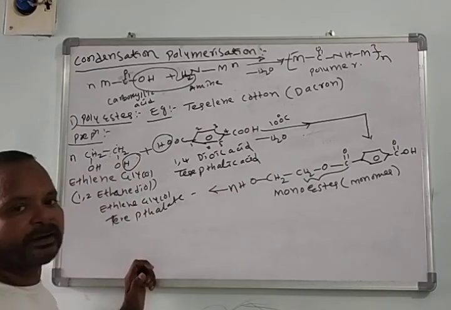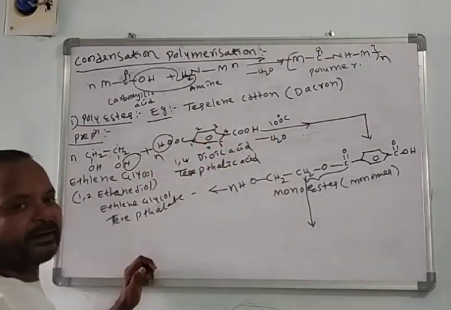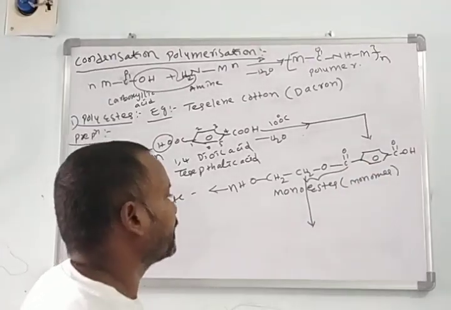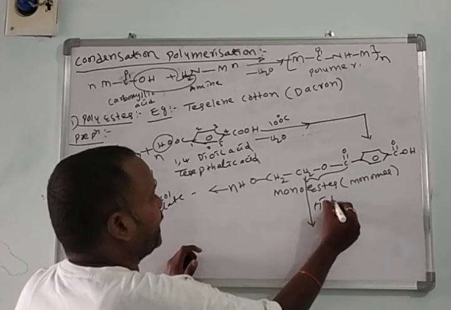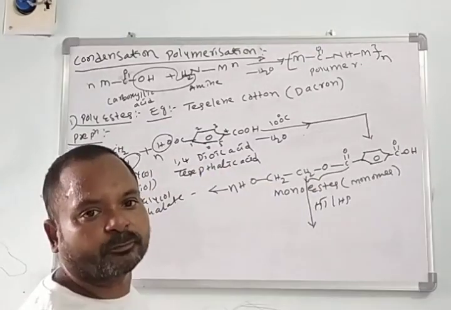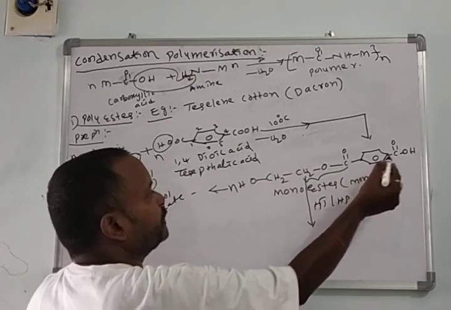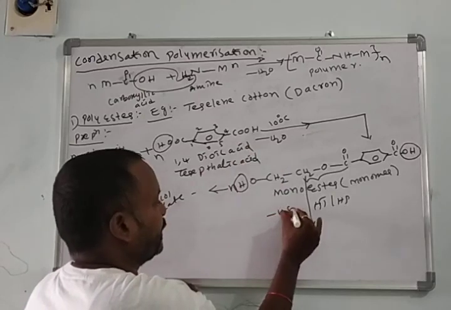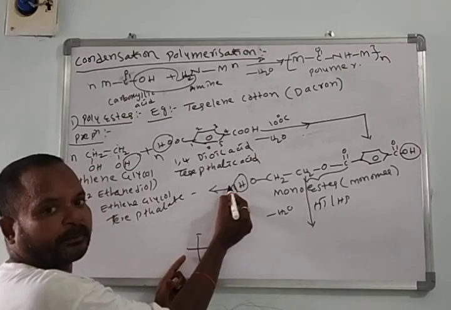It is involved in polymerization. Sometimes in some books we take a number n and finally get this one without forming the intermediate. In some books they may explain like this. At high temperature and high pressure, one molecule of monoester reacts with another molecule of monoester and loses the water molecule like this. Here OH and here H, and it forms the extension. We remove H from here now.